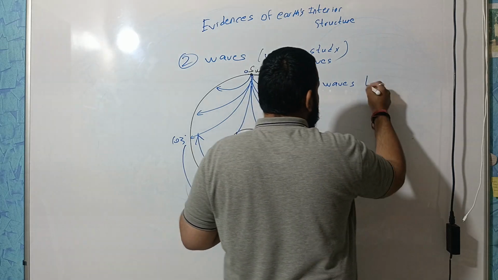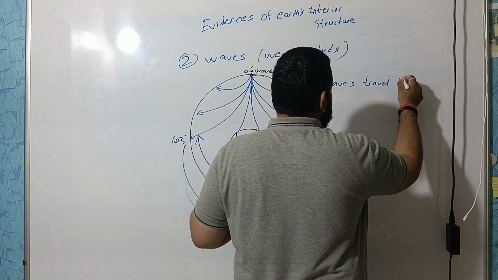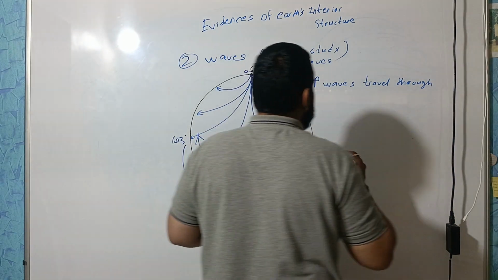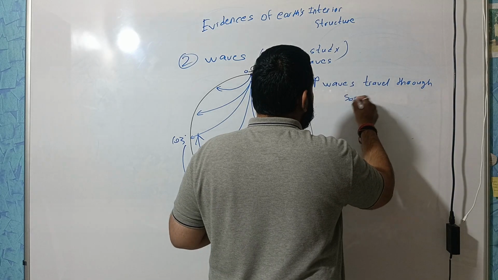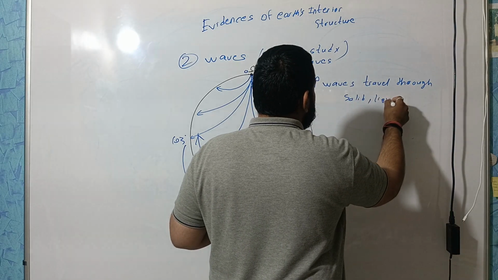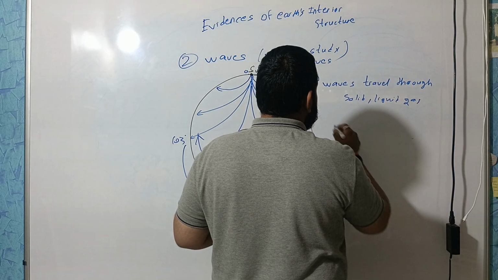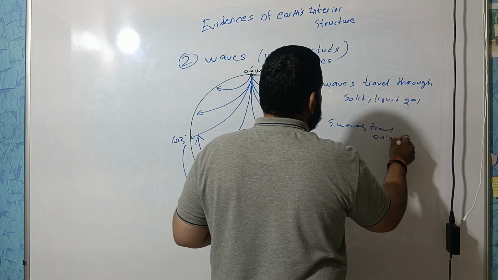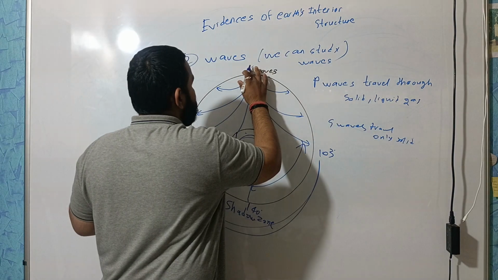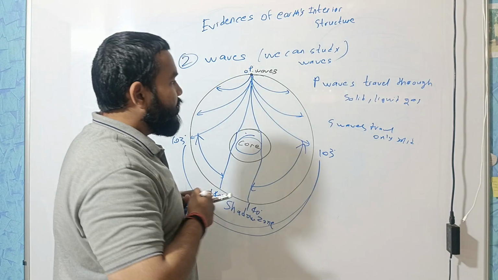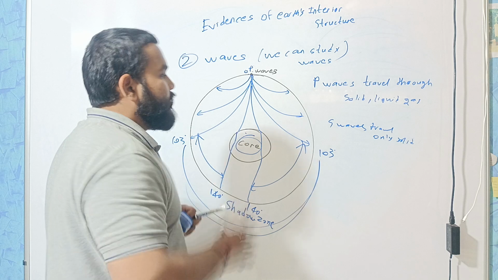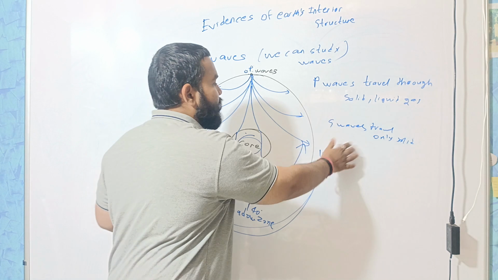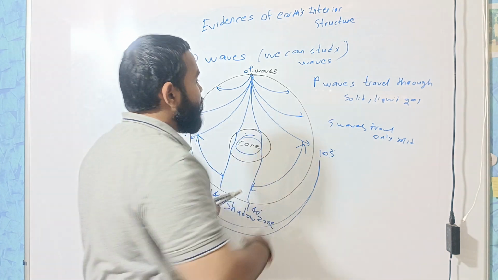I'm writing one line here. P waves travel through solid, liquid, gas. S waves travel only through solid. Sorry, here it is P waves. So P waves travel through solid, liquid, gas. S wave travels only through solid. So these are the two statements which give rise to this theory, and we can conclude that